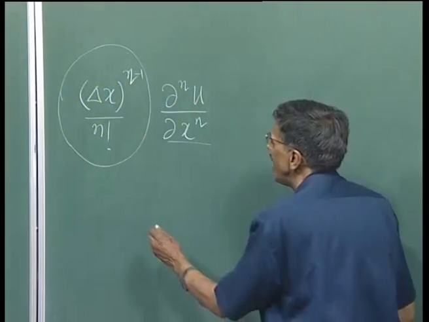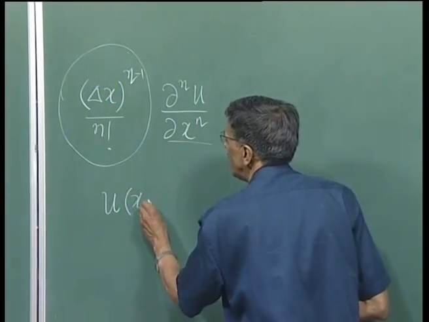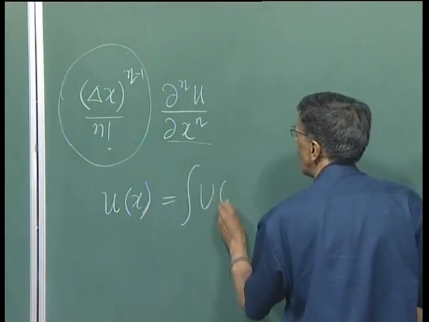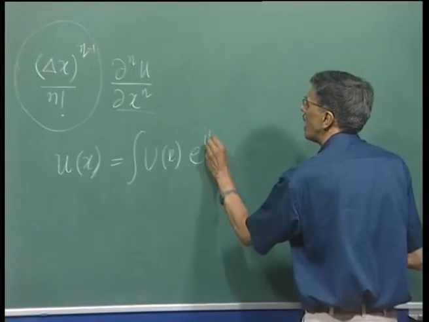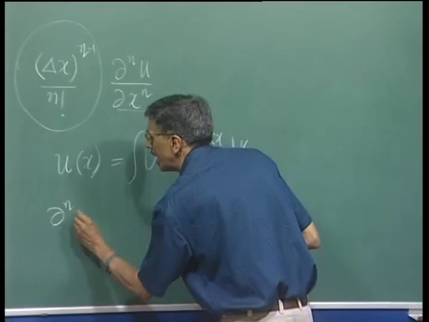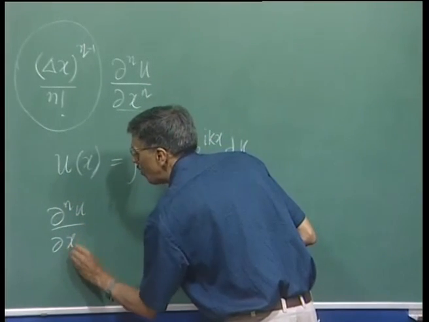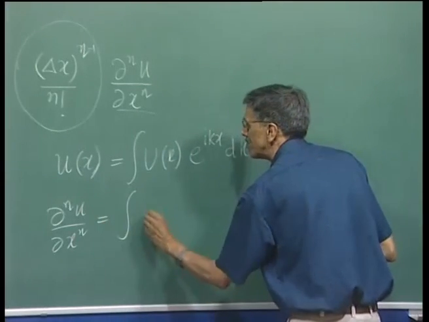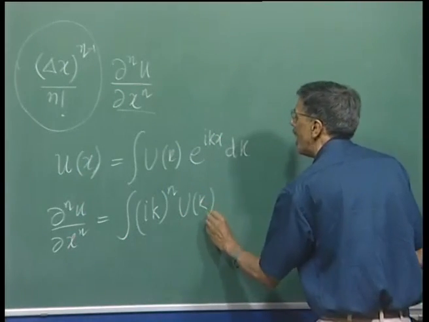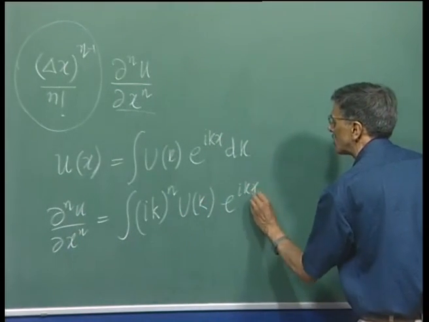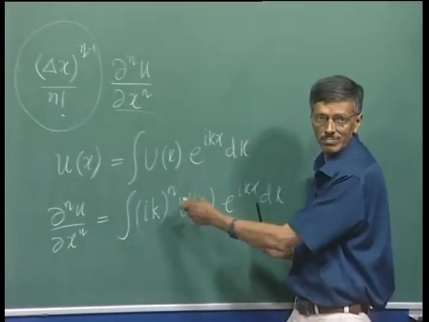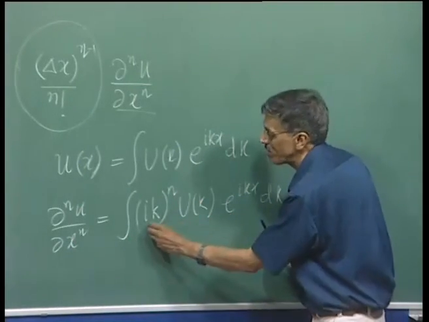This you can very clearly understand if you look at a term like this, and if I write its Fourier representation, then I would be writing like this. If I try to figure out its nth derivative, then what I am going to get is nothing but (i k) raised to the power n, u of k, e to the power i k x dk. So, you can see the higher the n, of course, you are going to get higher contribution coming from higher wave